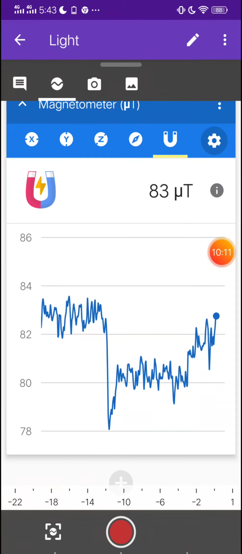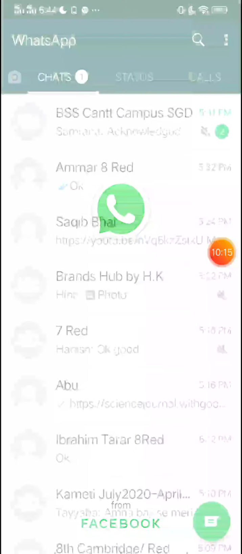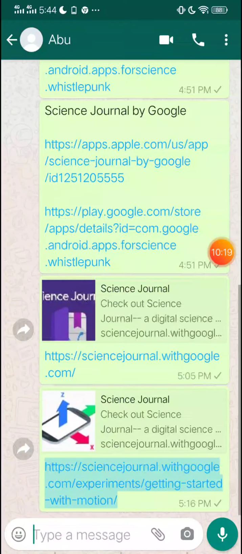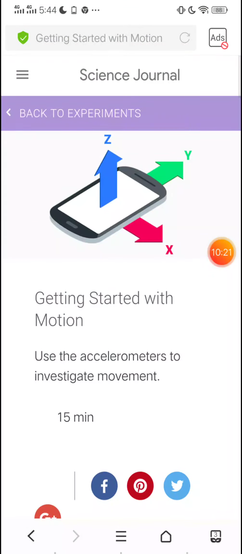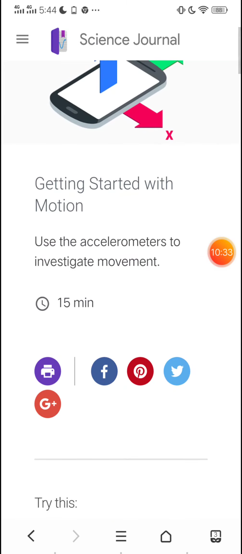Now, for example, I have shared a link with you in Classroom, or for example in WhatsApp. All right, this link I have shared with you. This interface is going to come right in front of you. Okay, getting started with motion. This is an experiment which I have shared with you. We are assuming this. Now, when I share it with you, it is going to tell you the